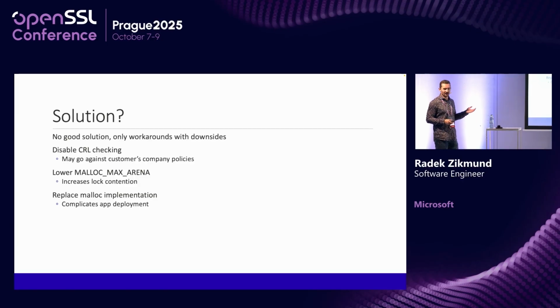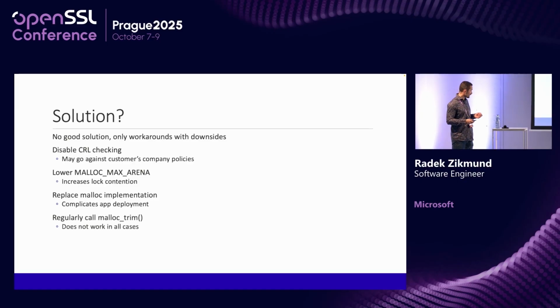And it does not necessarily need to help. That's also the other thing. There's also something called malloc trim, which is some signal to malloc, hey, consolidate memory as much as possible. But it does not work in all cases. It can help, but in the simple example I showed before, even the one where you manually allocated many buffers and free all except the last one, malloc trim does not help either. So that's something that can help, but is not a good solution because also this call can hang for a couple of seconds, so it's not something that you necessarily want to do